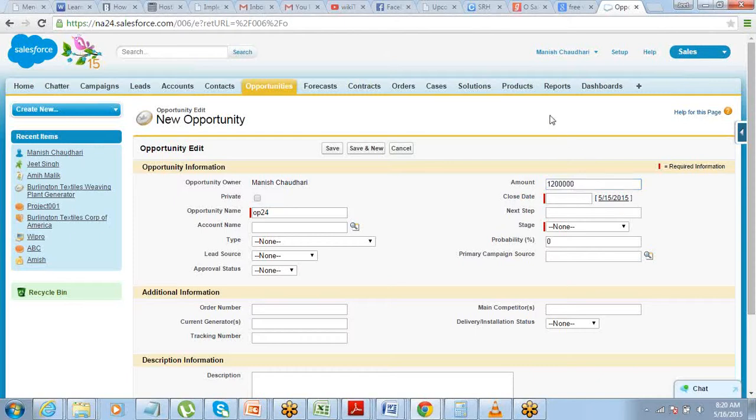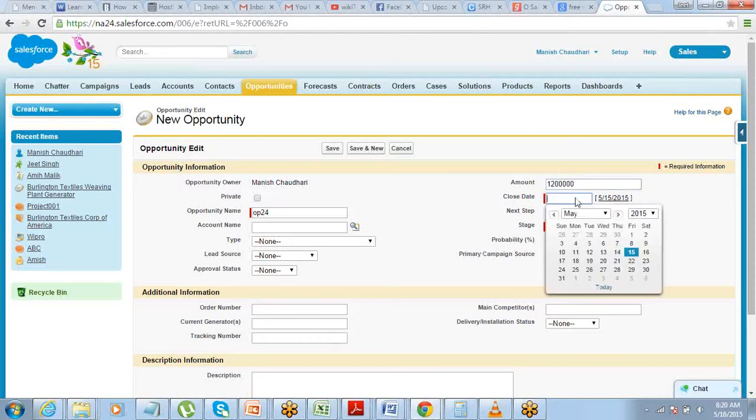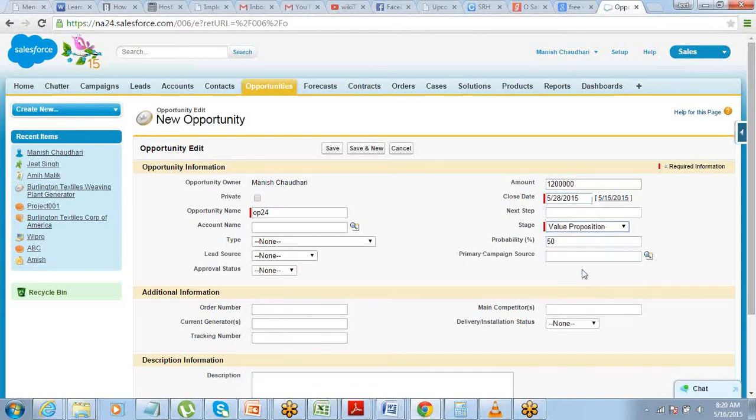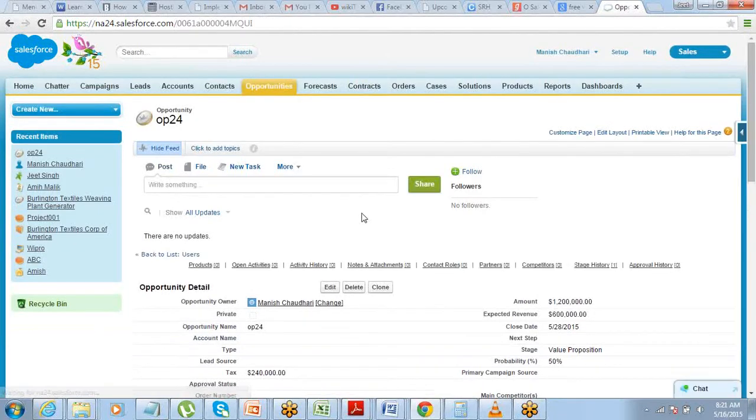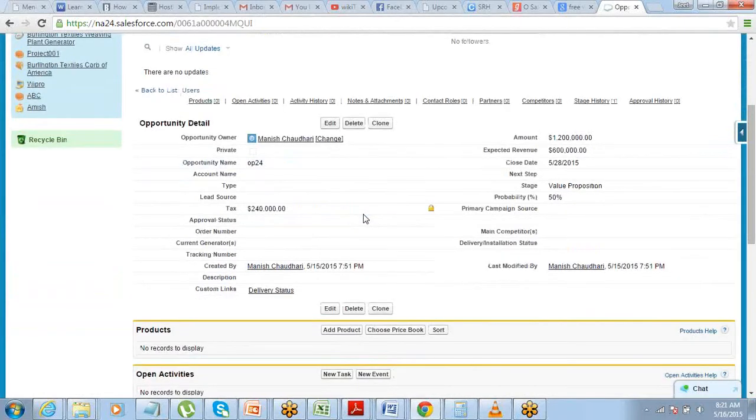Okay, so I've created the opportunity. The amount is more than a million, and approval status is blank as of now, because there is no value which has been provided to it.